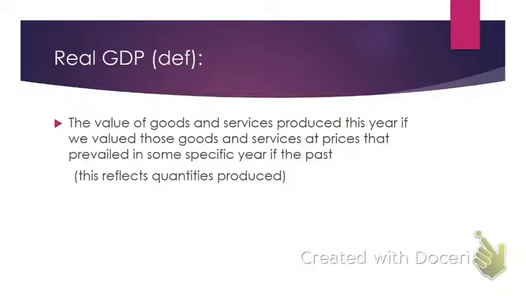All right, yeah. How do they determine when prices prevail? They just pick a year. I'm not sure how they determine. That's a good question, how they determine what year to base real GDP on. I don't know if they do it every decade, 2010, 2020, whatever. But they have a year. I think they indicate when they give a real GDP number, they're going to say based on the year 2010.